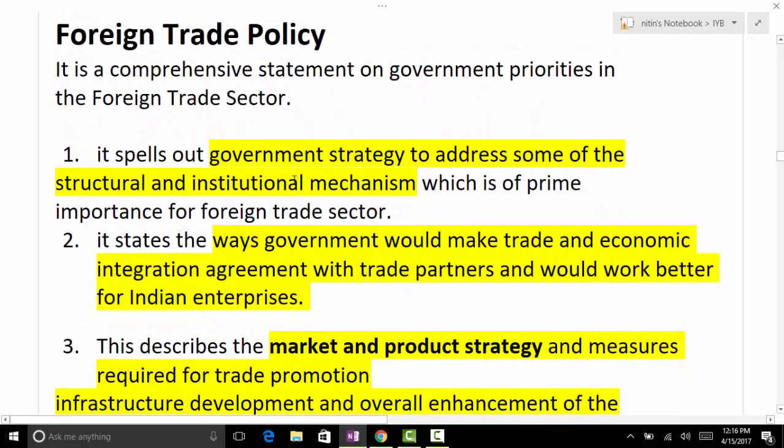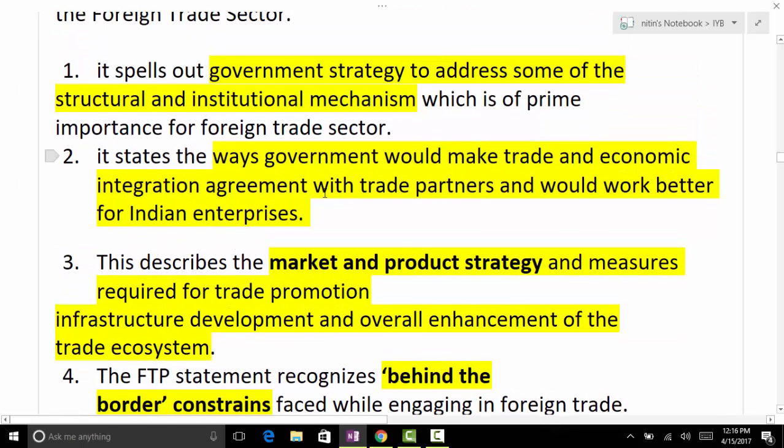So what is trade policy? Policy is what? It's the government strategy basically. Policy of the government, strategy of the government to address some of the structural and institutional mechanisms which are of prime importance in the foreign trade sector. It also discusses how trade and economic integration agreements with the trade partners would work better for Indian enterprises. So basically it will also discuss how we can renegotiate or further strengthen our trade relations with our